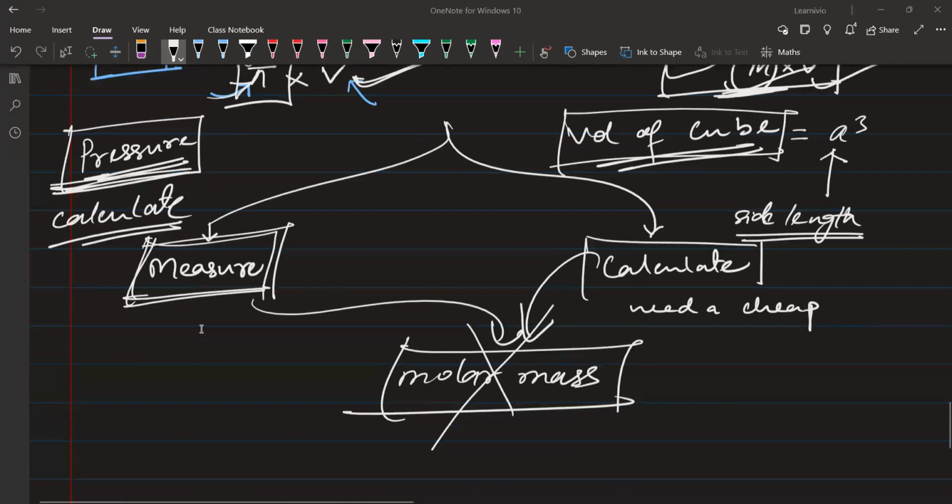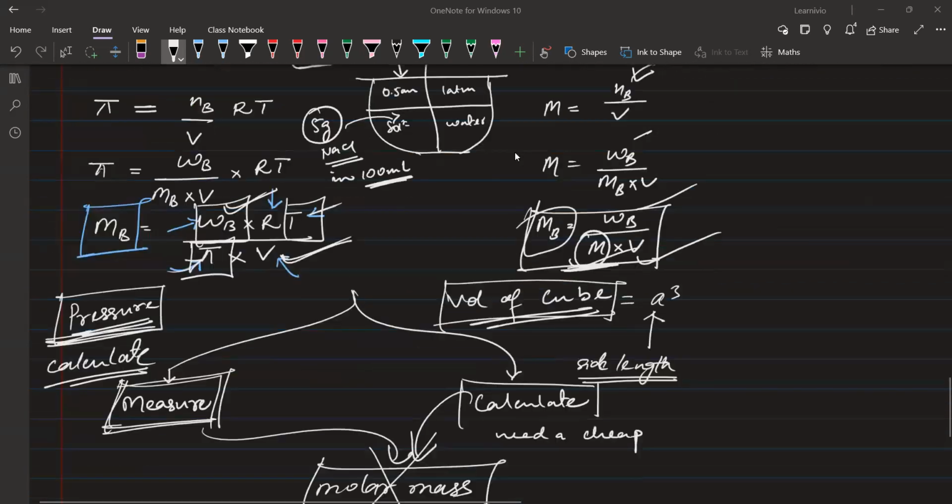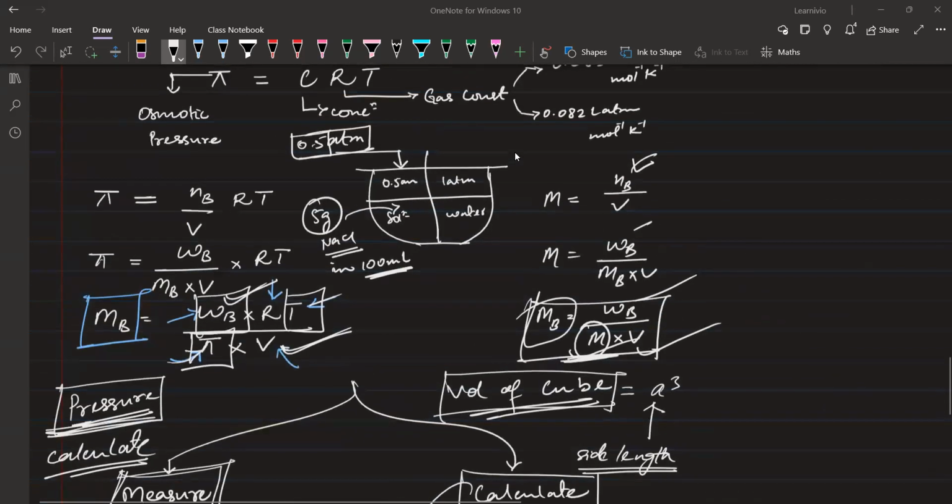ठीक है. Yes, ठीक है, so I hope now you are going to appreciate chemistry a bit more. ना कि सिर्फ भाई क्या सिर्फ रटने की चीज है, ठीक है ना, but also